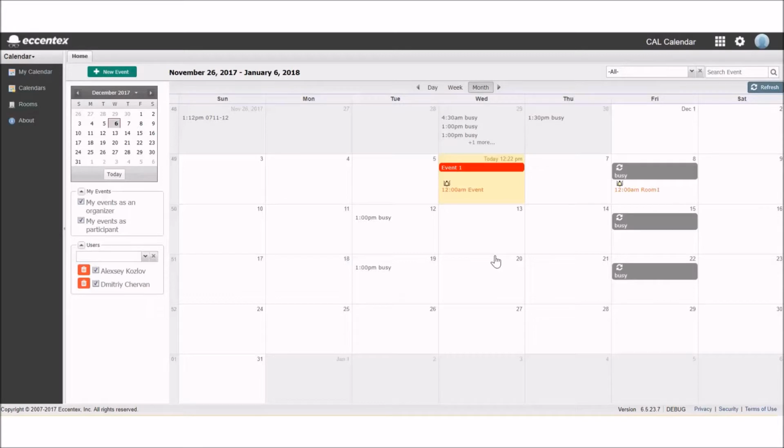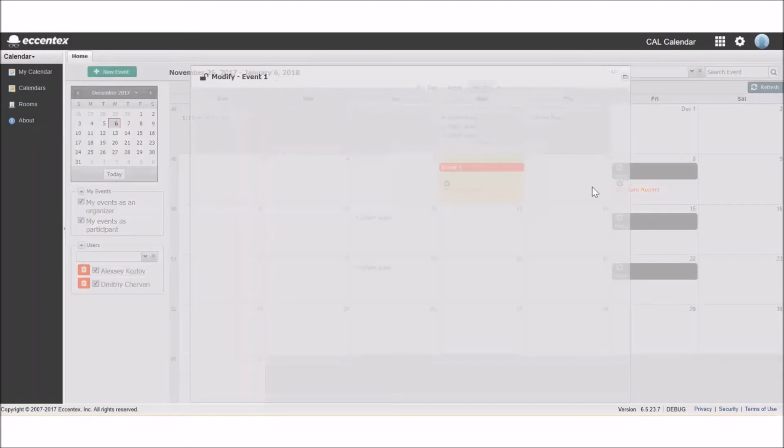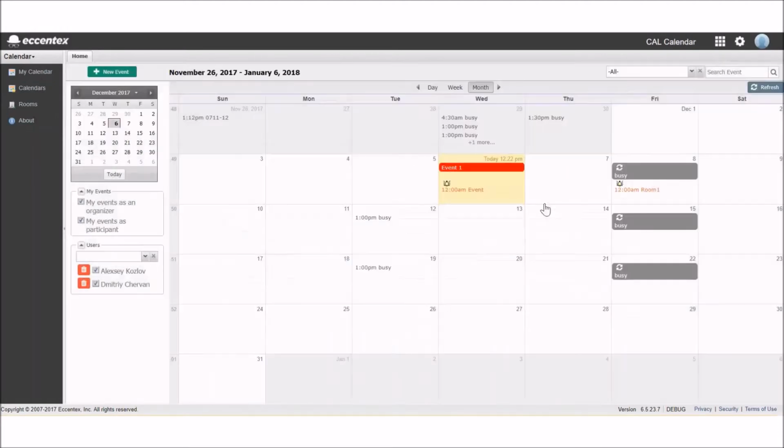A calendar component allows users to manage their personal events, share these events with participants, and review other solution members' schedules. The calendar component includes the following screens: the single calendar page, as you can see it right now, then the list of calendars, the list of available rooms or locations, a short about page, and we also have an event detail page, which is basically a pop-up, which you can see on click on any event on the screen or while you're